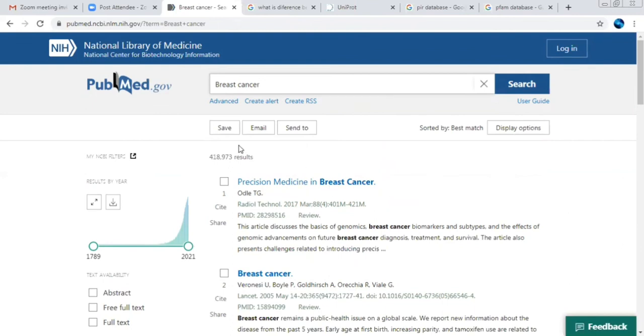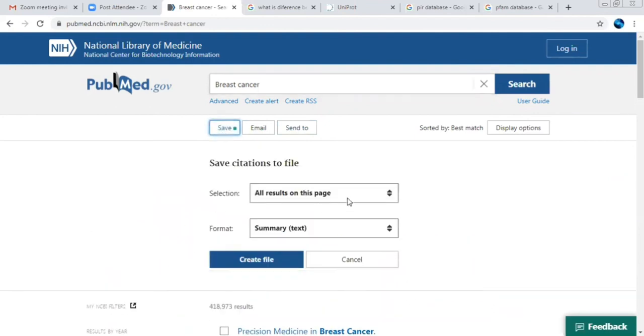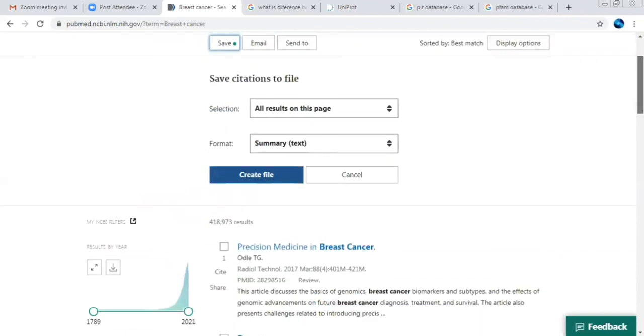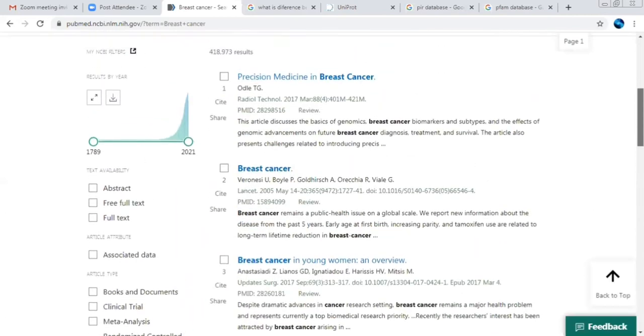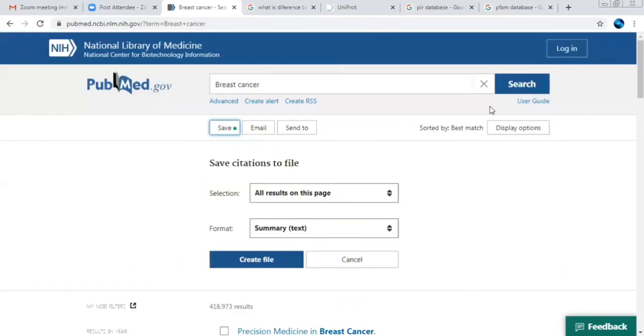And after that you can see three tabs: save, email, or send to. In the save options you can see they have given you all the results on this page only. On this page they have given 20 results, so these 20 will be saved.